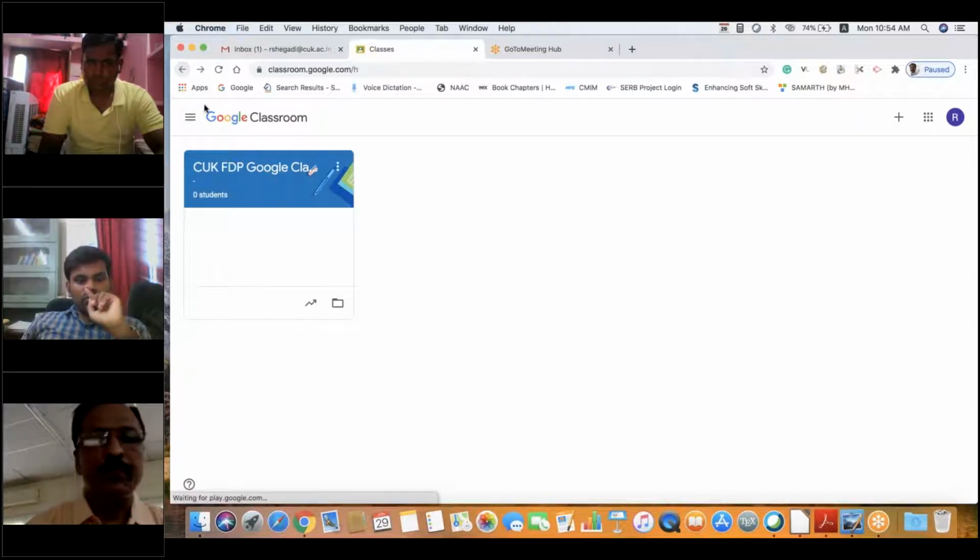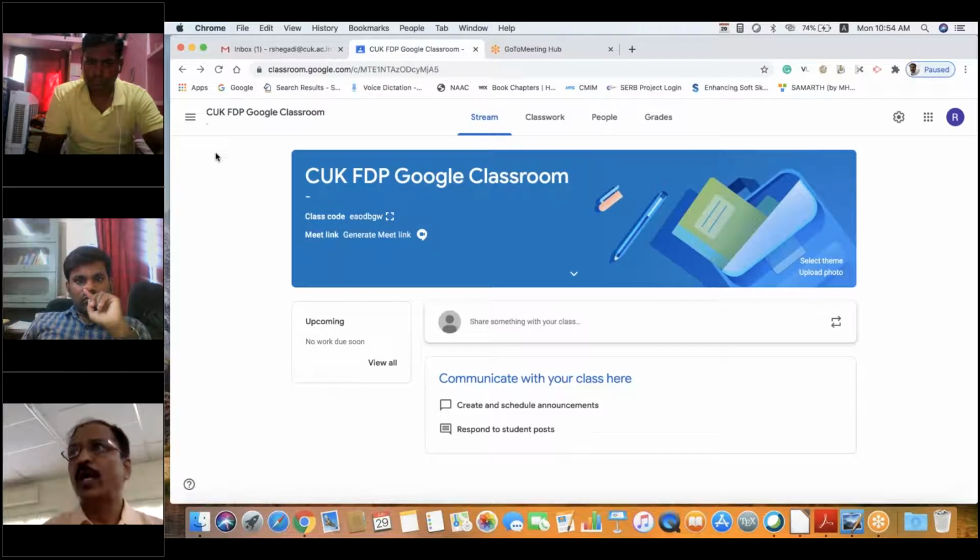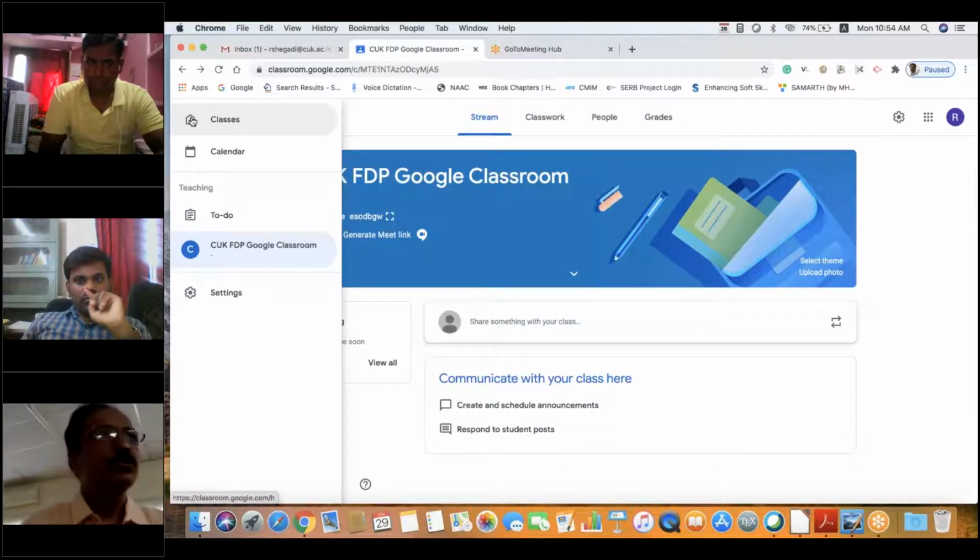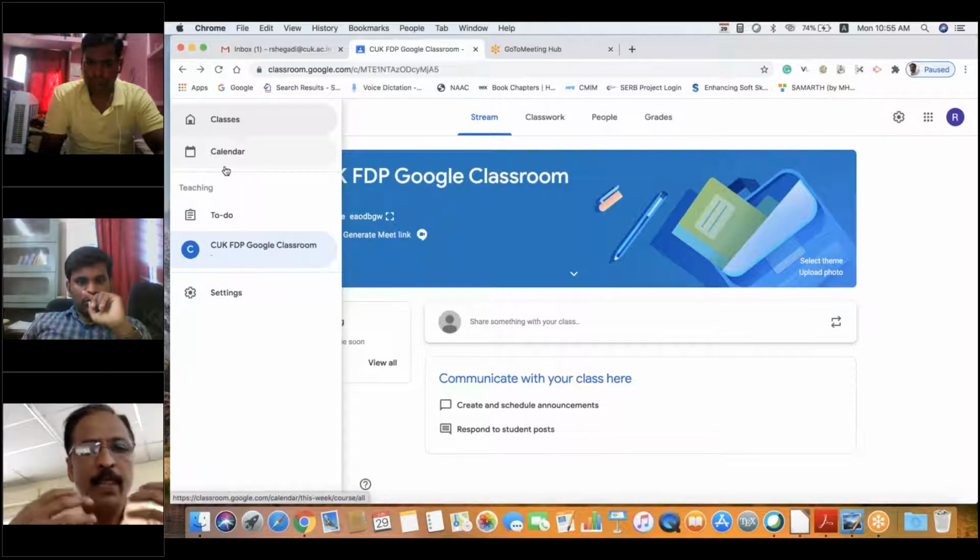I will show you one by one. You can see here in the corner you have 3 lines. Click on that. We will go a little bit slow. Sorry, in the left side corner we have 3 lines. Kindly click on these 3 lines. We will go a little bit slowly, because you have to learn as well as operate. It is a hands-on session. For that reason, I will go a little bit slow.